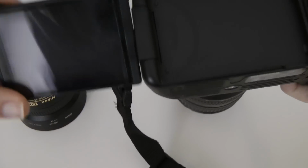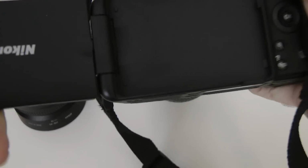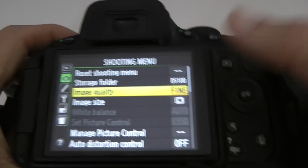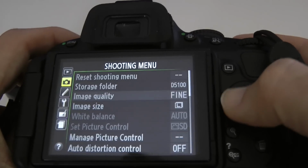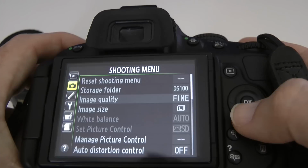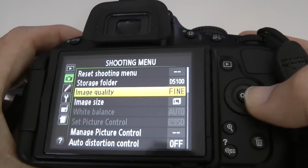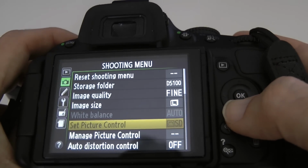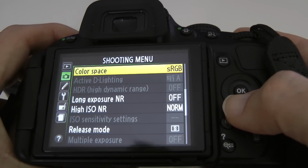The actual controls, let me just fold this back onto the body of the camera again. Let me go into my menu. The actual controls are really good as well. This is the menu control. I'm not going to go through it all, but it's just so configurable. We've got the shooting menu here. Let me just go into that, and we can scroll down and change from fine to large, white balance, picture control, auto